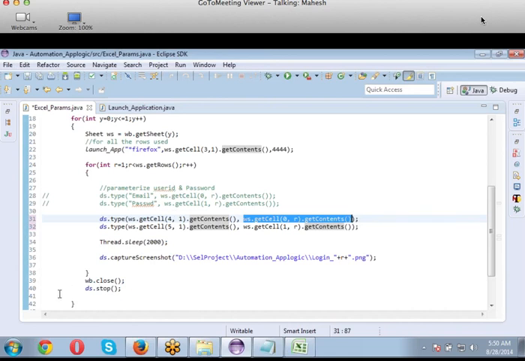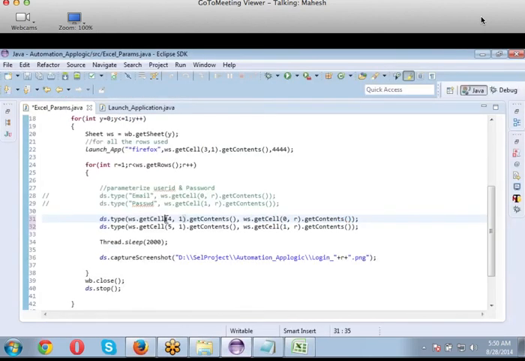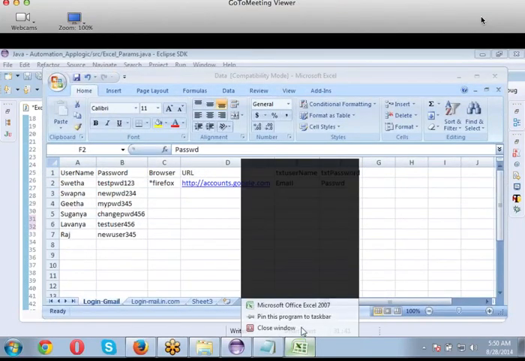Not the objects, I understand here. If it is my username on a login page, Mahesh will be the username first time, then comes Sweta. Likewise, the username changes, but the text box remains the same. So I will not change the text box value. Let it be written only once and accessed only once. Make it static. Any clear so far, everyone? Understood what I said? Okay, let's close this and rerun it again.